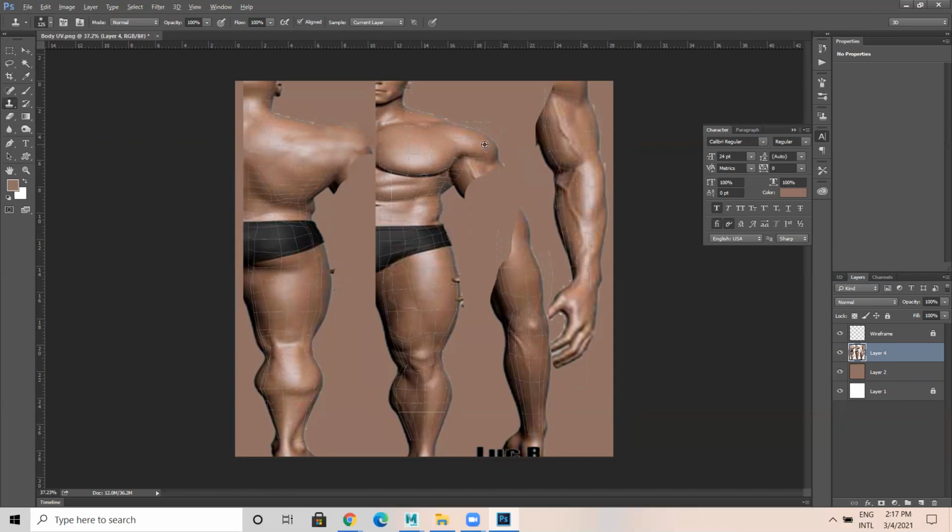Similarly, something like this. Then this is okay. Your leg part is also fine. Hand part.